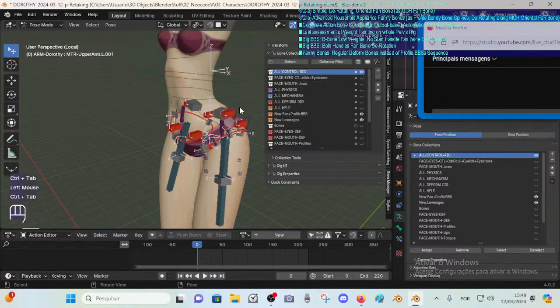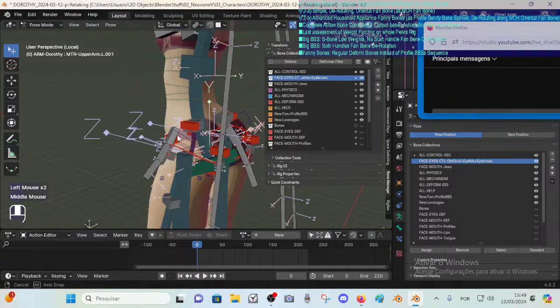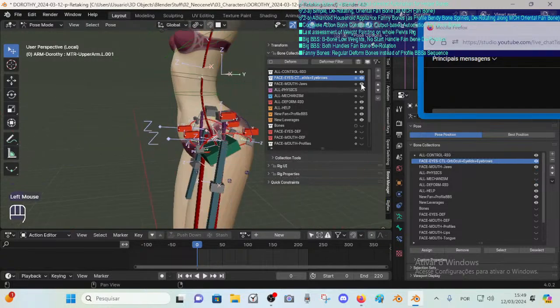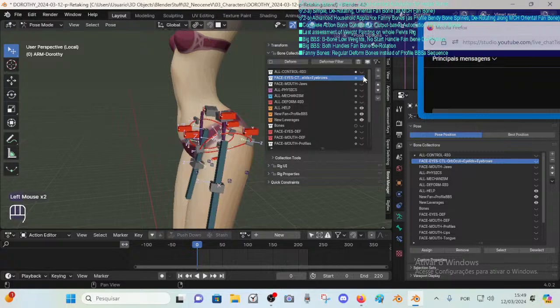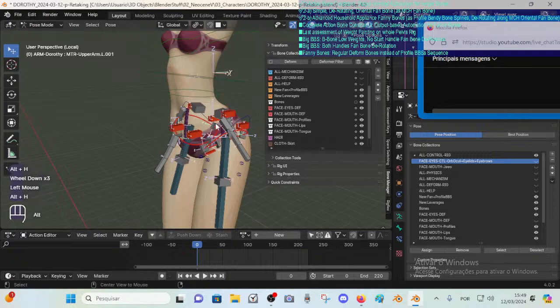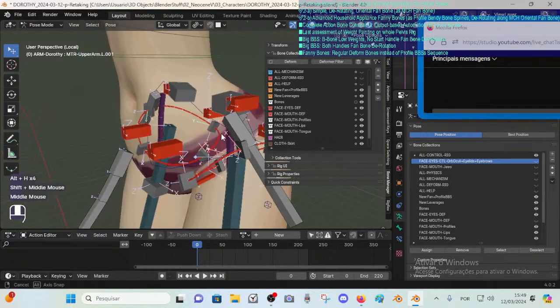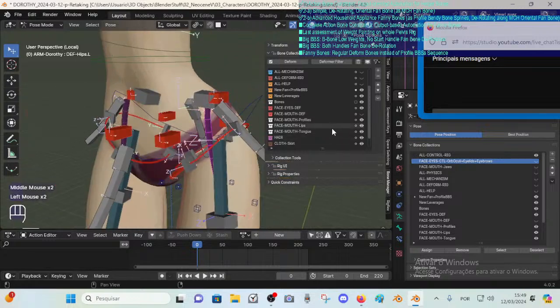Maybe I put it in some other place. Anyways, okay, so apparently it's not. Hold on, let's just try to find. It's not hidden, so. Oh, it's there. Okay, so this